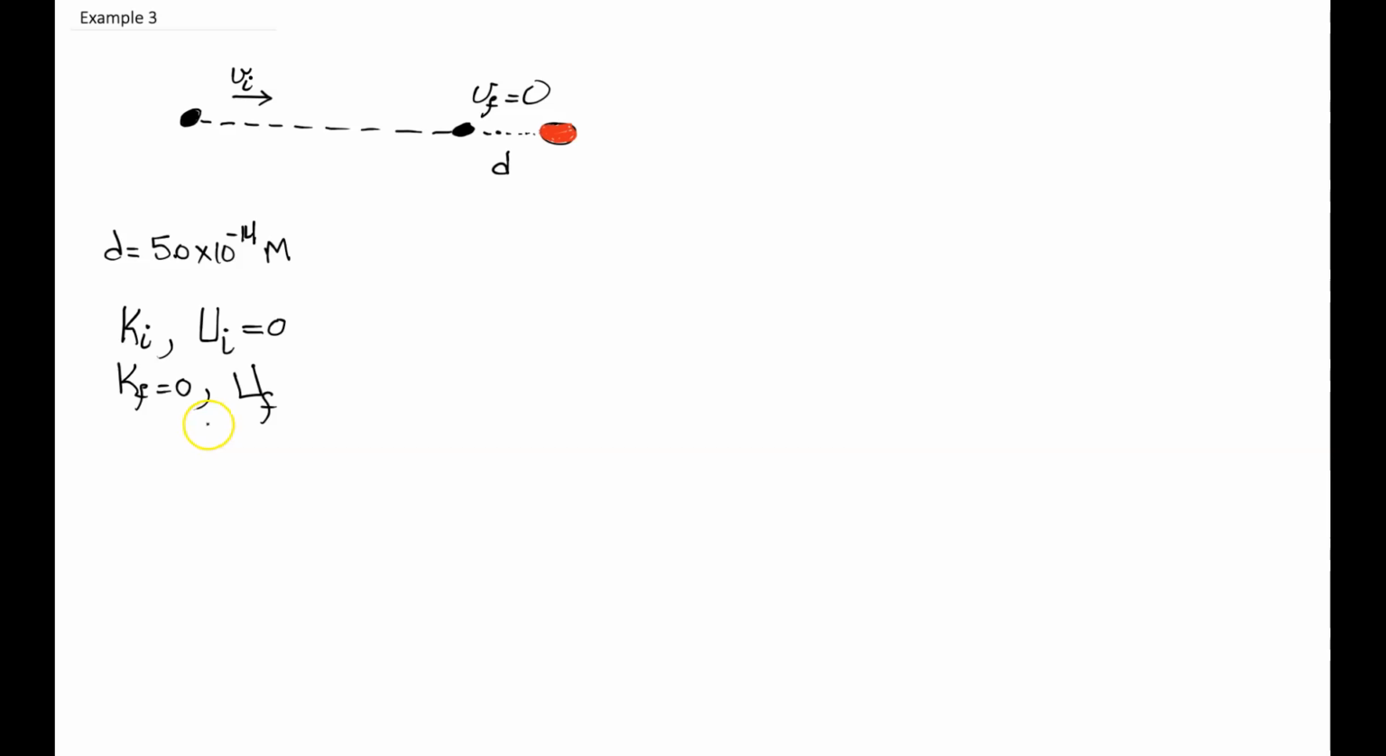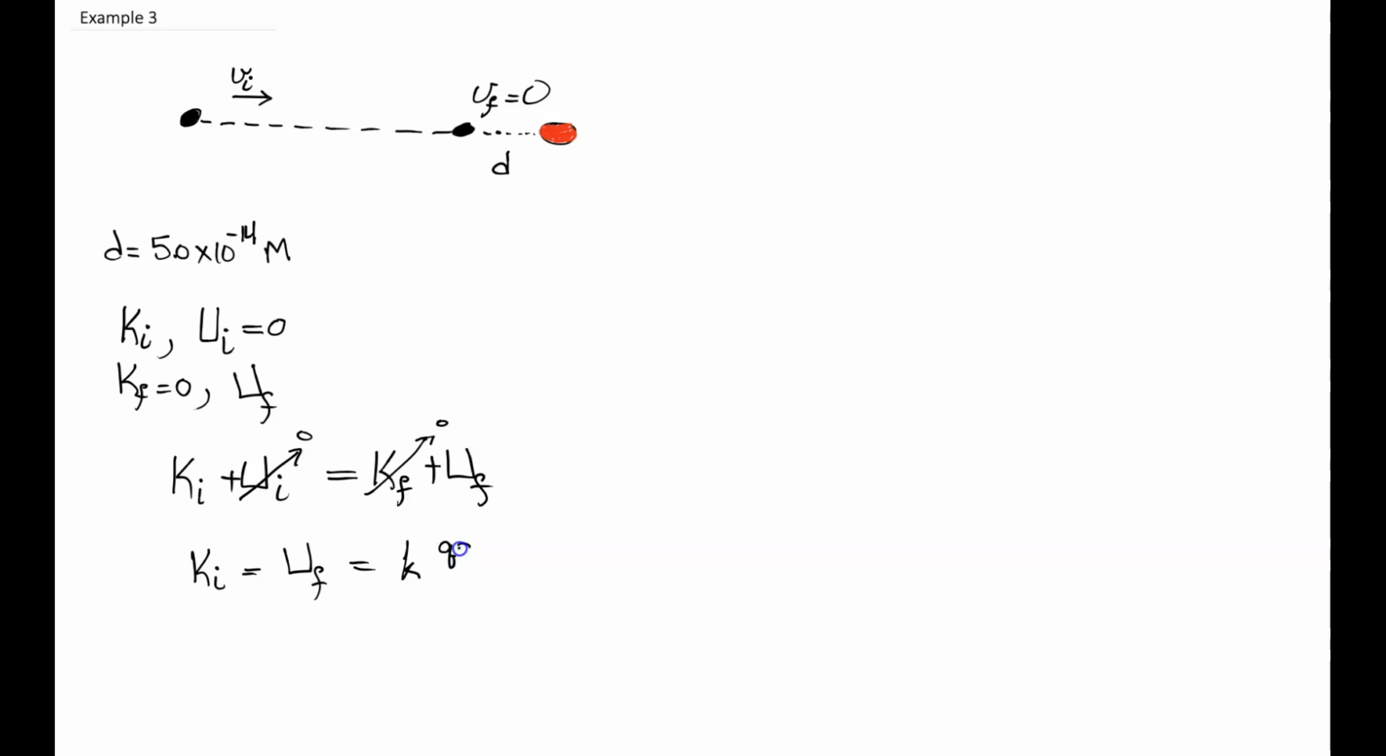And now we can say that from conservation of energy, this must be true, that the sum of the kinetic and potential energies initially has to equal the sum of the kinetic and potential energies finally. And since initial potential energy and final potential energy are 0, then we have the initial kinetic energy has to equal the final potential energy. And the final potential energy is given by K